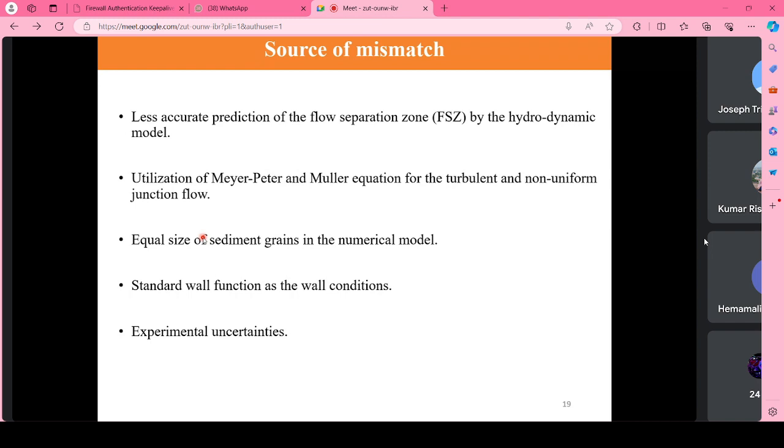Again, the other thing was that there are lots of parameters in the model, for example the Shields parameter and roughness values. These values are highly uncertain and very difficult to estimate, and because of these uncertainties and limitations,